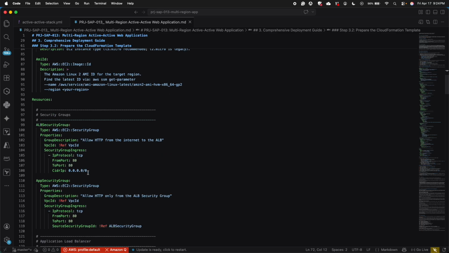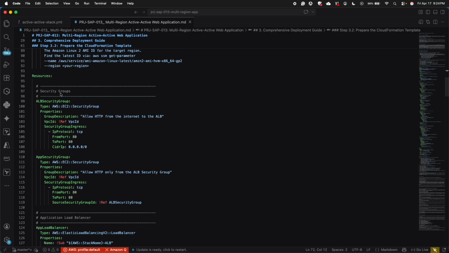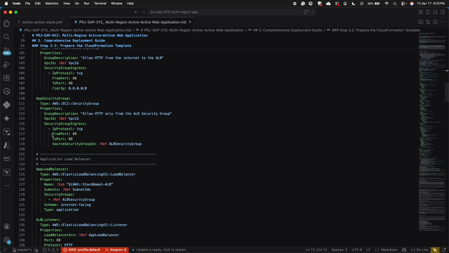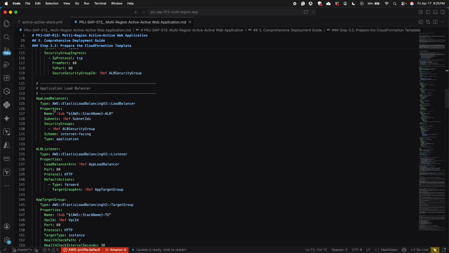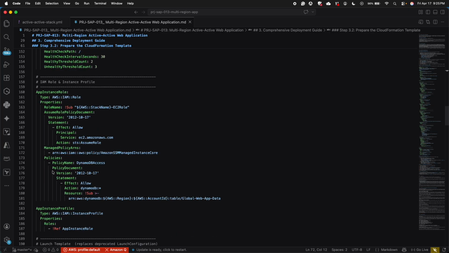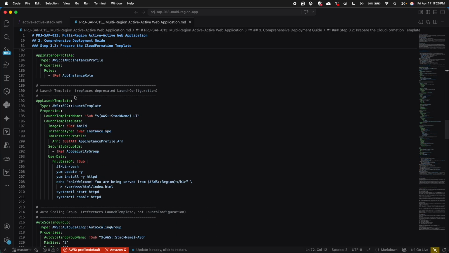For the resources we're going to create, we have security groups. We have the application load balancer security group, and then we have the app security group here. Then we have the application load balancer. We're going to create an application load balancer. The listener is going to be HTTP, since it's going to be a web application, and then we have a target group created too. And then we're going to create IAM roles, and then we're going to use our launch template,